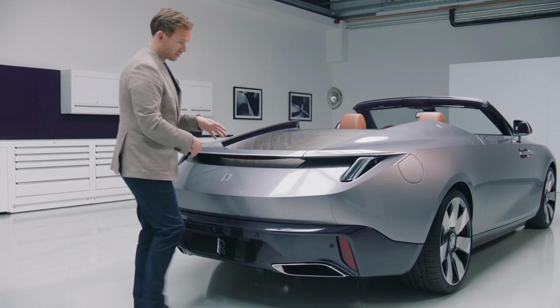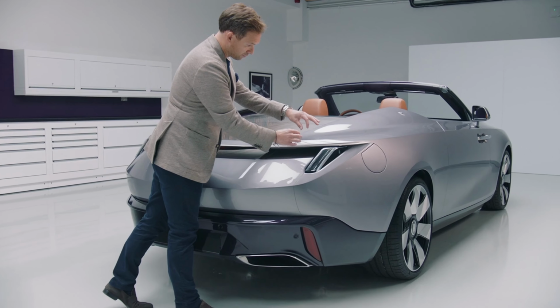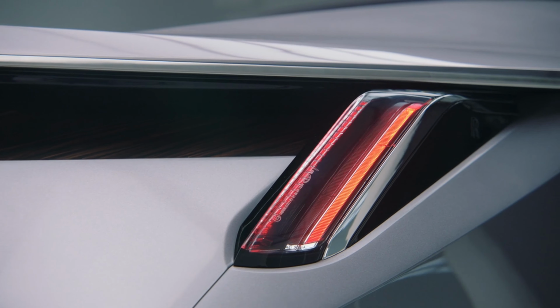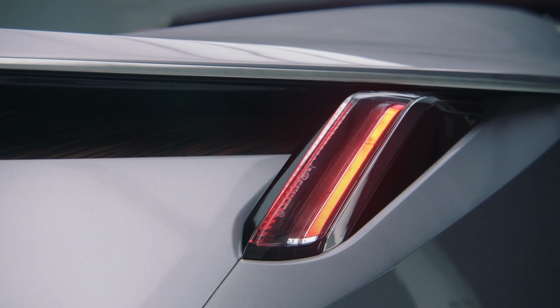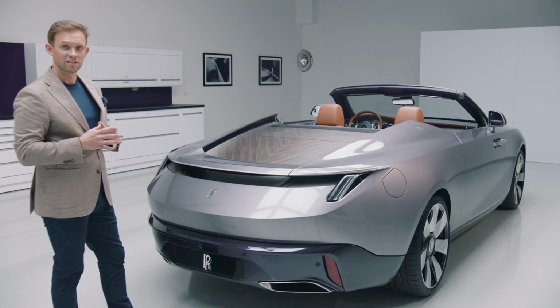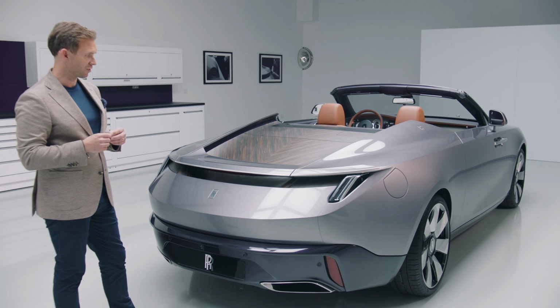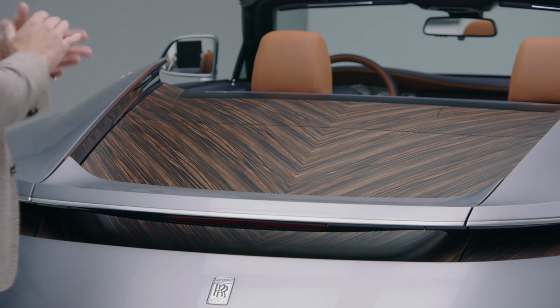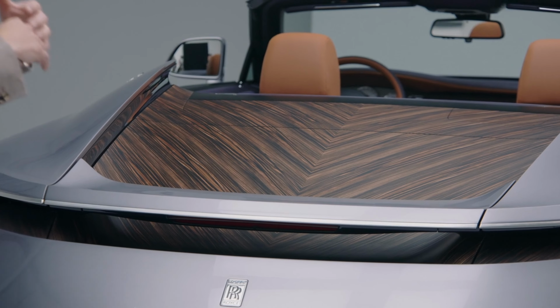You also see with this large canvas, we're able to place these beautifully delicate, almost jewel-like rear lamp elements that are incredibly contemporary in their execution here, but actually serve a very serious historical nod to the cars from the 20s and the 30s. But the real visual highlight here at the rear is, of course, the aft deck,